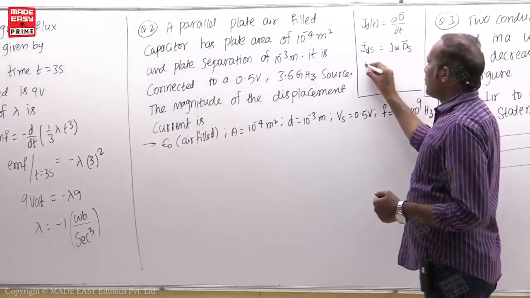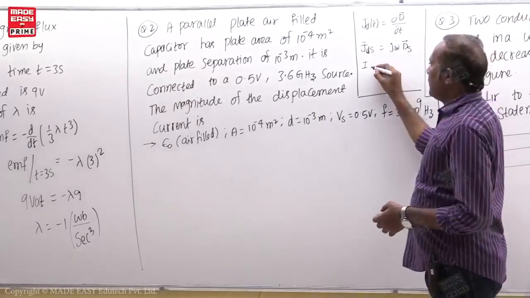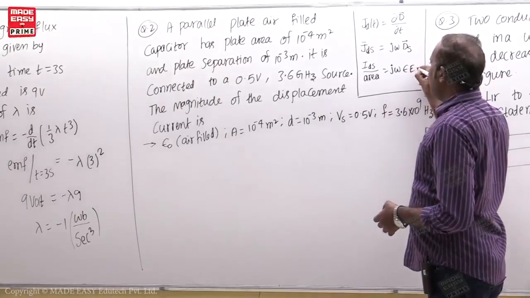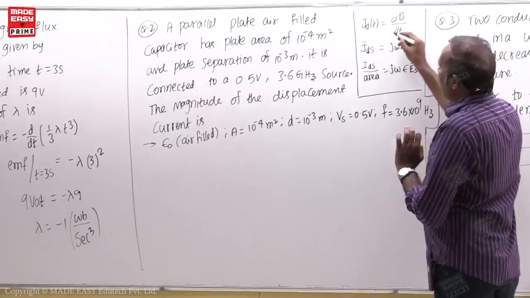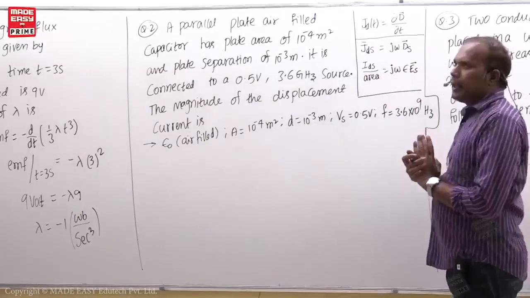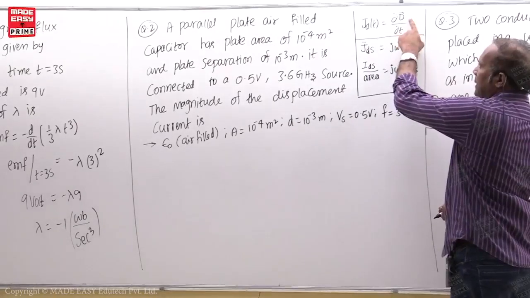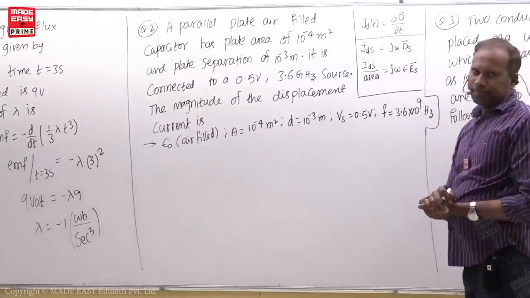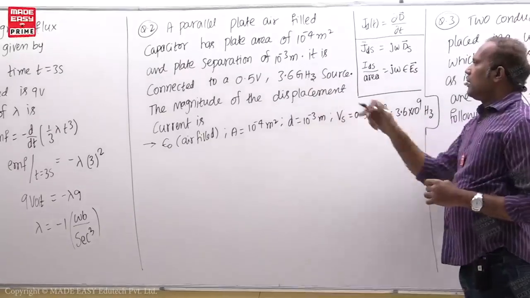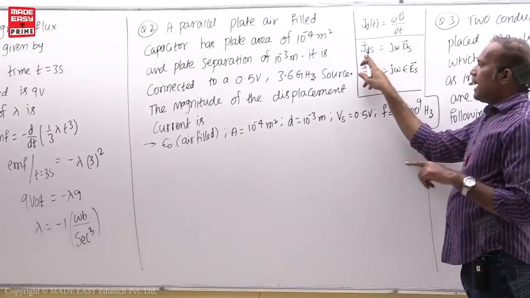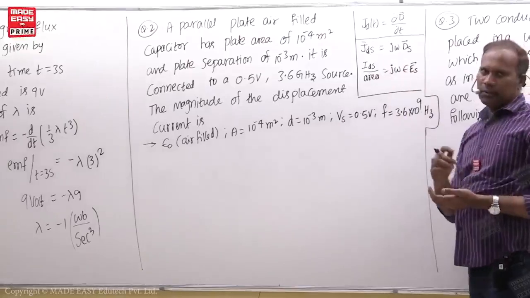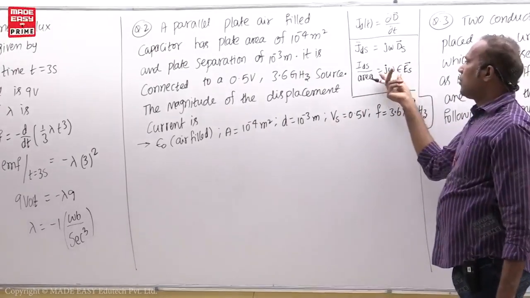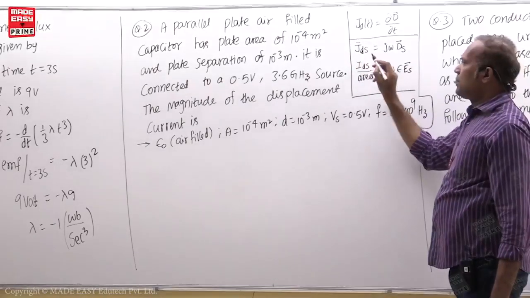Now JDS is equal to, actually displacement current density definition is displacement current divided by area, so that is equal to j omega, D is equal to epsilon E, so this is the formula. Actually this is the formula of displacement current density. In any question electric field is given in terms of time, then you want displacement current or otherwise displacement current density, you have to use the time domain formula. In any question frequency is given, then that person is talking of displacement current density or displacement current, then you have to use these formulas. Okay, now in this question frequency is given and he is asking displacement current magnitude, so you have to use this formula, and if displacement current density is required, you use this, if displacement current is required,